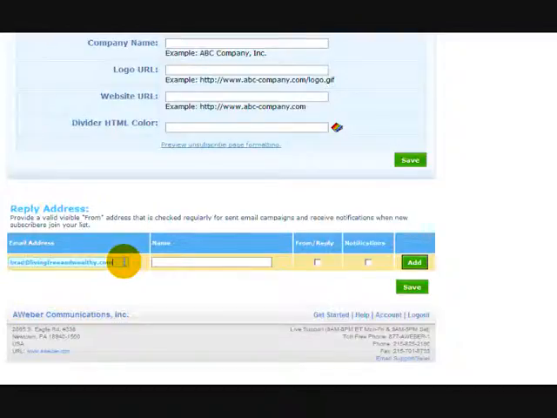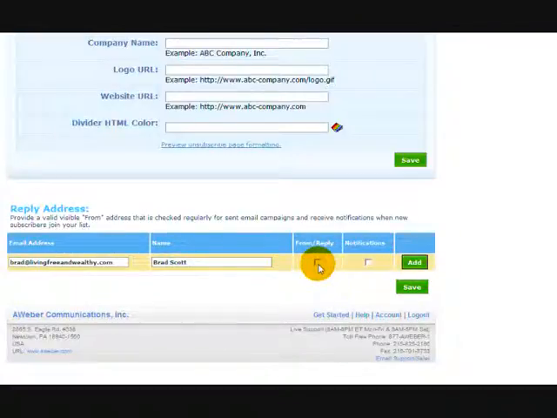But Gmail, from my experience and what my mentors have told me, is the most effective, and it is the most user friendly. So I recommend you setting up a separate Gmail account for your autoresponder and for all contact with your leads, and then obviously your name in here,